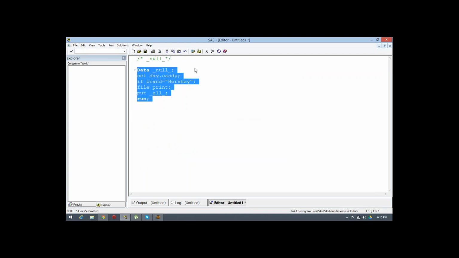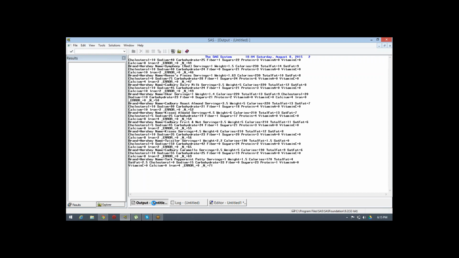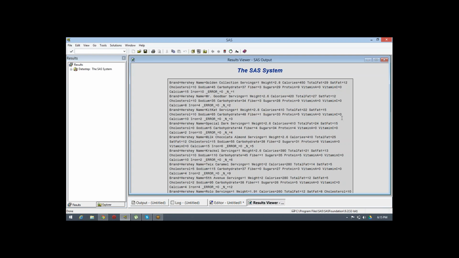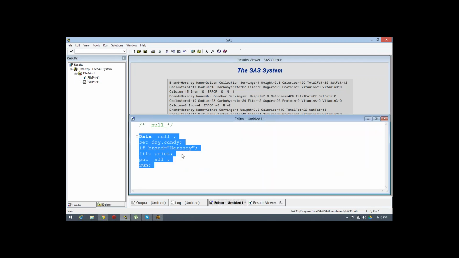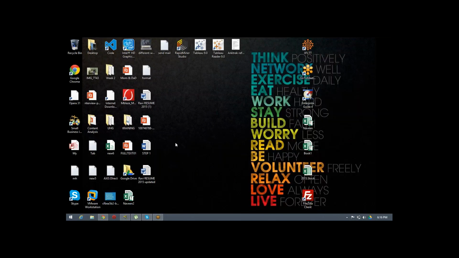When I execute this, the output gets displayed in your output window. So I'm using the SAS listing window to view this output instead of looking into the log. No data set is created anywhere. Now if you want to extract this data in some particular location as a txt file, you can provide the location here.